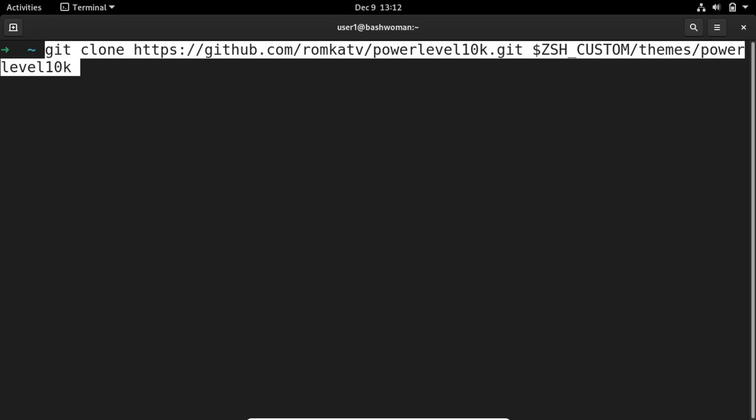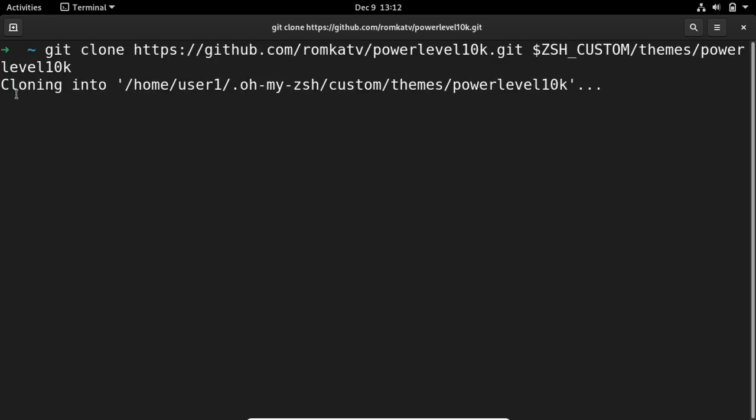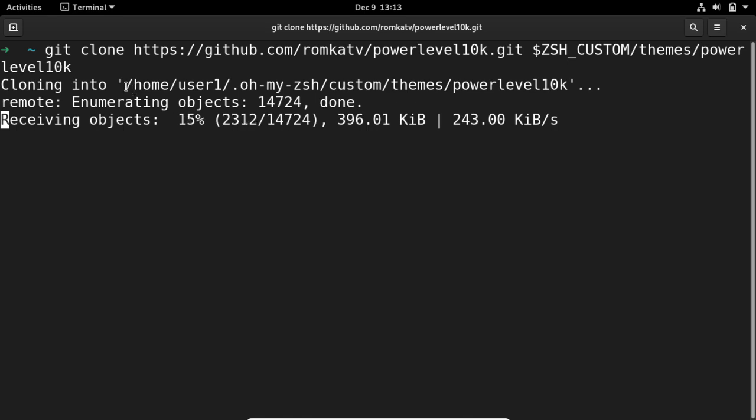So you just need to press enter, and it's now cloning the repository into /home/users/.oh-my-zsh/custom/themes/powerlevel10k. It will download all the things present in the repository, and after that we will make some changes, and then we are good to go to use the theme in Zsh.